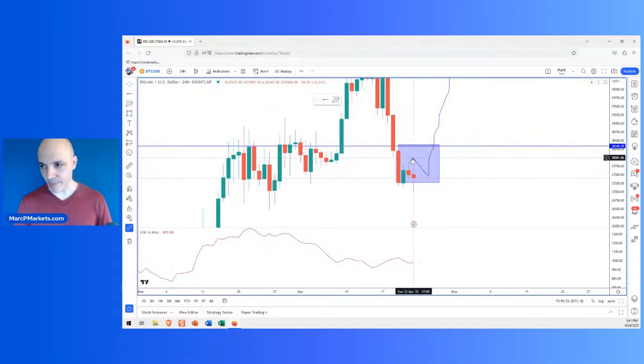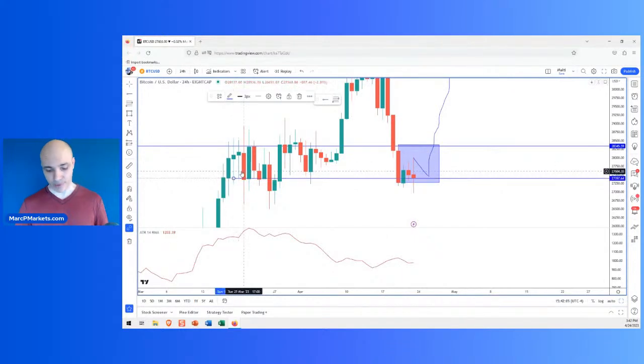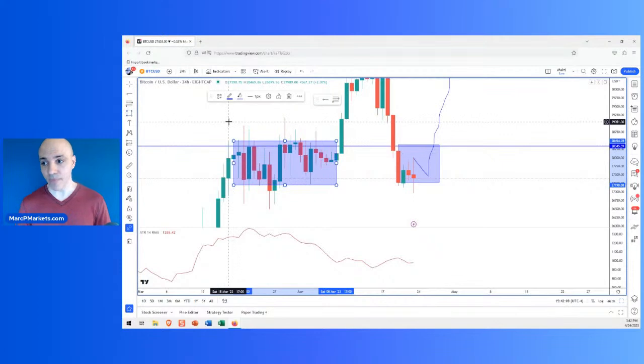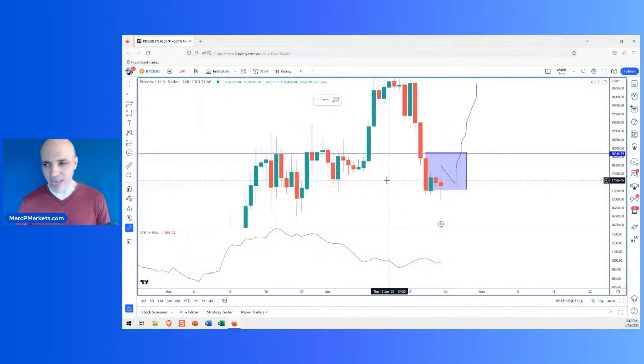I have this attempt to go higher. It tried to go lower, failed so far, right? It's rejected the high 26s, low 27s. It's rejected, and it should reject that because look where it is, right? We're still in the midst of a consolidation zone. It should reject that. So in these consolidations, you have to understand, I mean, I'm saying it should. The market does whatever it wants to do, but there's a higher probability that it rejects.